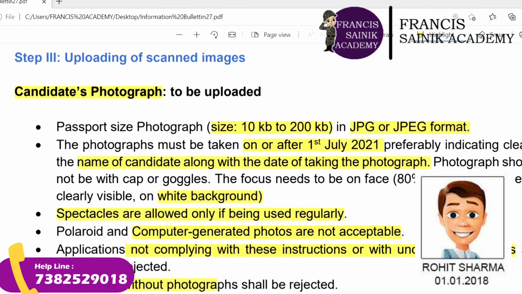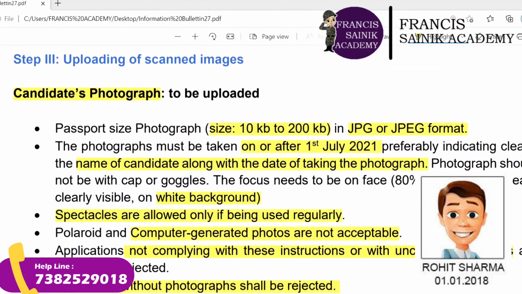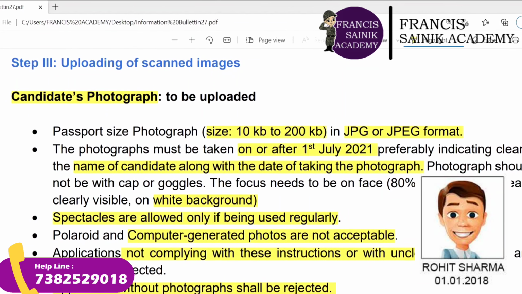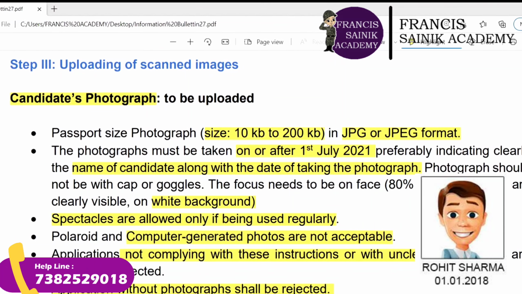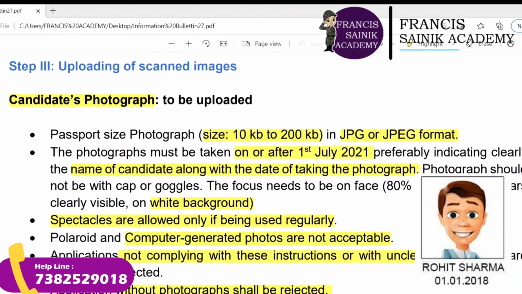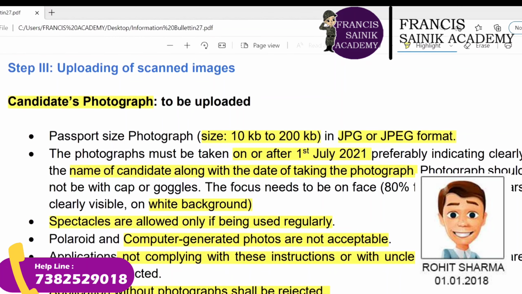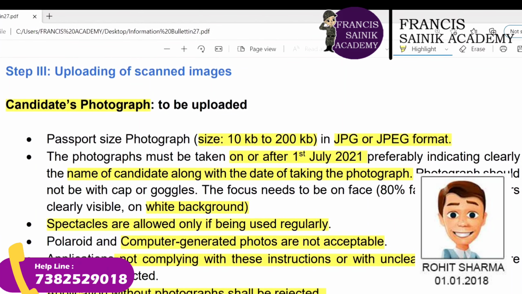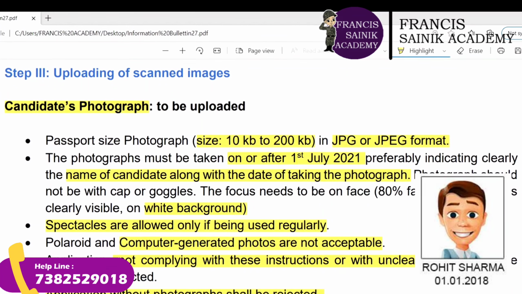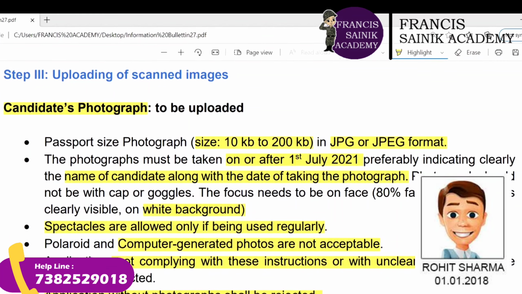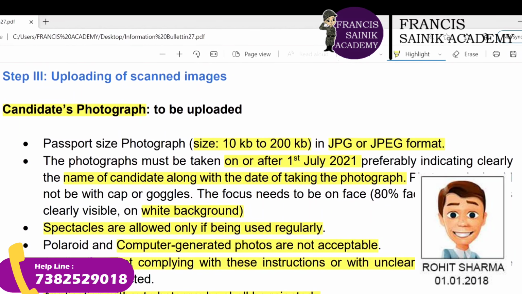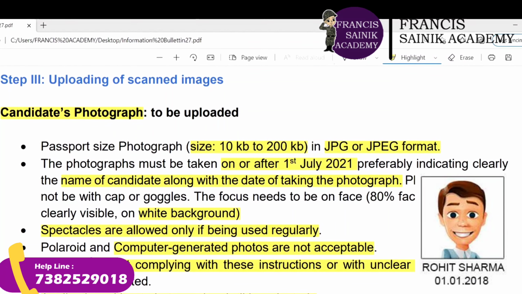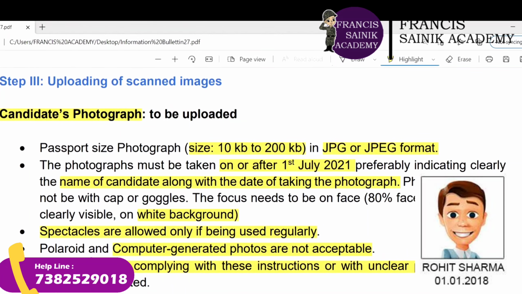So be very clear. The passport size photo should be a color photo with white background, and you have to mention the student's name and the date when the photograph was taken on the photo. It should be a recent photo taken on or after July 1st, 2021. Clear?